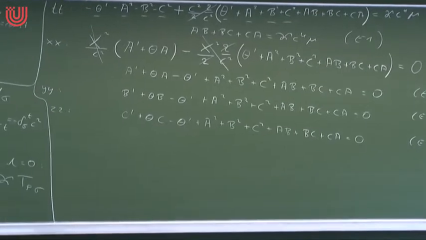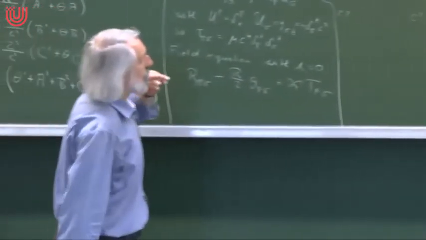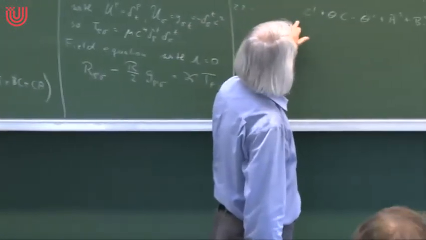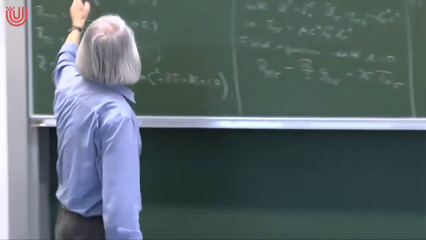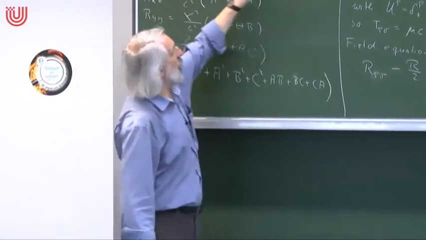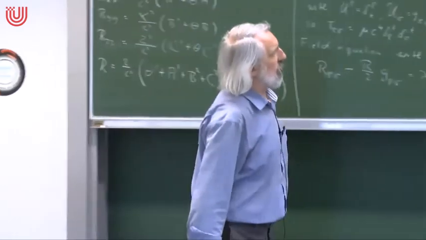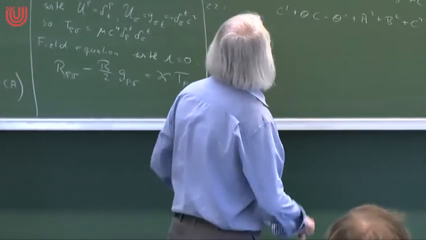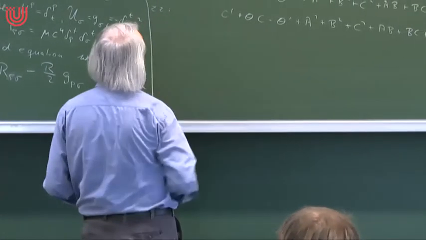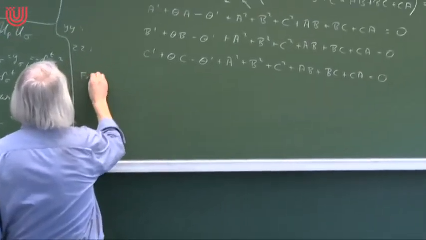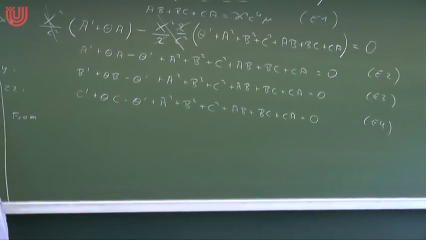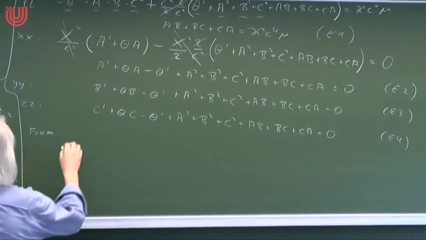Yeah, this is second order in the metric coefficients, right? It's first order in A, B, and C, but A, B, and C involve already first derivatives of the metric coefficient, so it's second order in the metric, as always Einstein's equation should be. Okay, so we want to derive a differential equation for theta alone, and I think it's a good idea